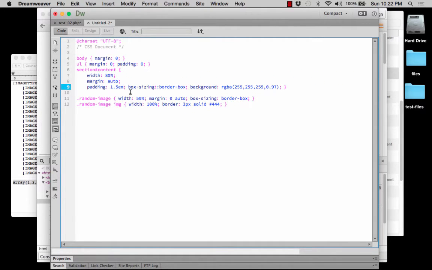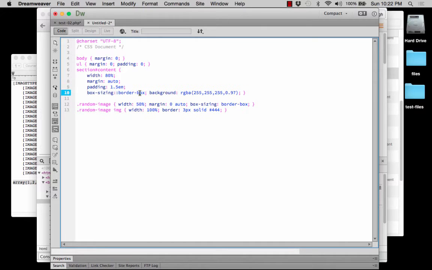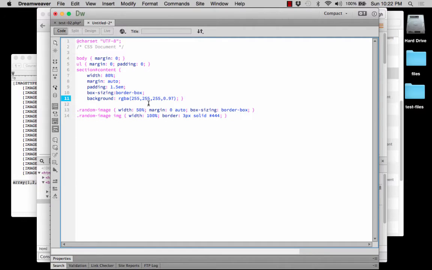And the reason I'm doing these styles this way, some just really basic, simple styles, is because I want to be able to have my content not cinched right up to the edges of things, and once we get a background image, I want to be able to read my text, which is why I'm giving this a background color. And the box sizing, if you don't know about this, it's a CSS3 thing, and basically